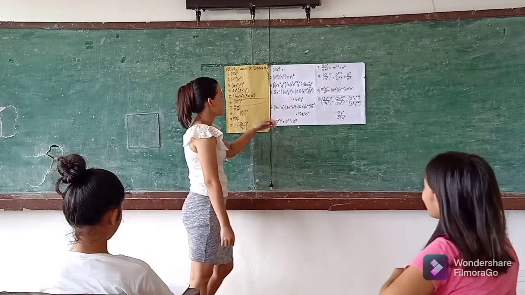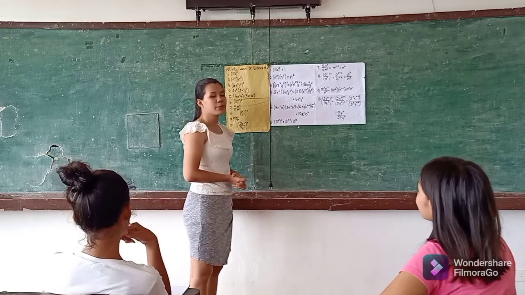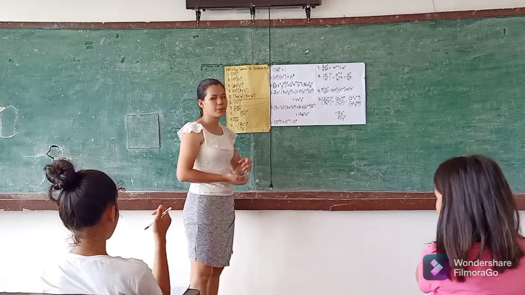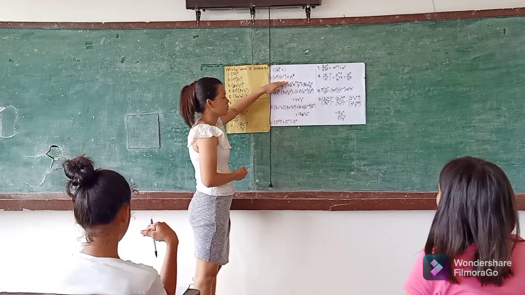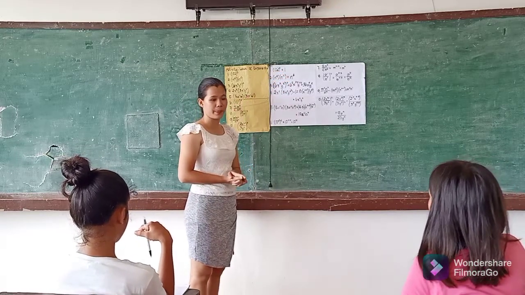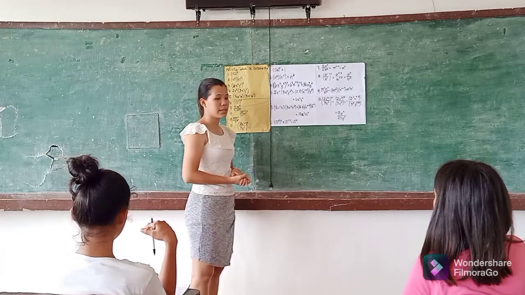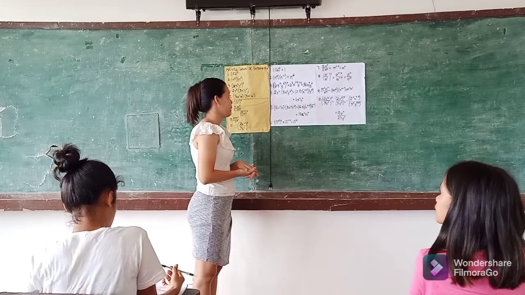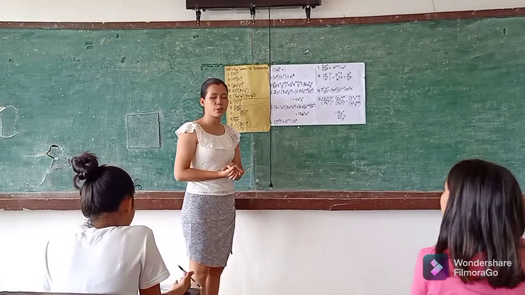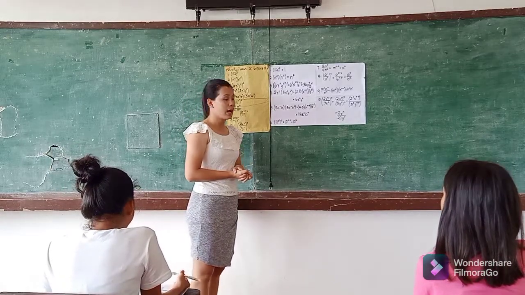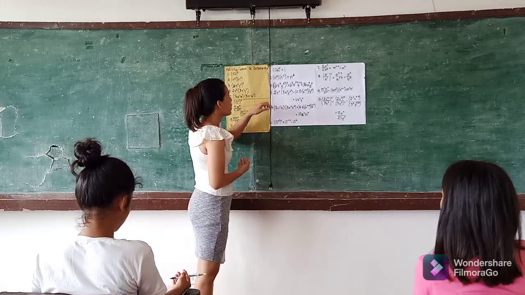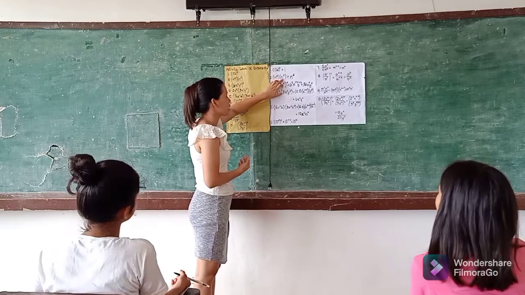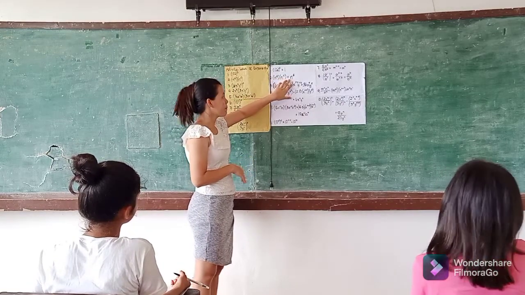Okay, number 2. Now we're going to discuss number 2. What kind of law will we use to simplify this expression? We will use the law for multiplication. For the law for multiplication, we just add our exponents. So the quantity of n raised to 5 times the quantity of n raised to 3 is equal to n